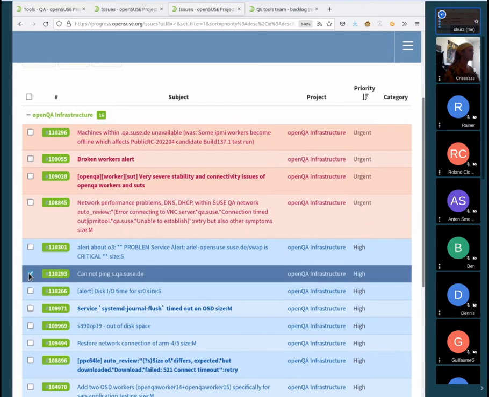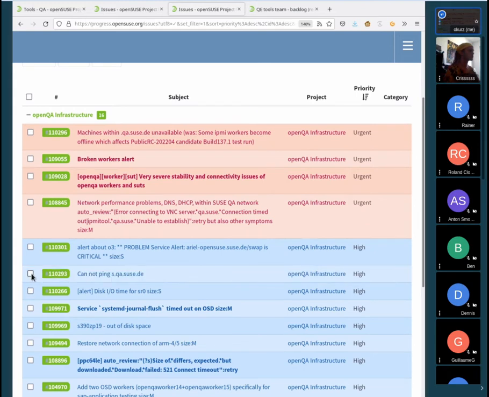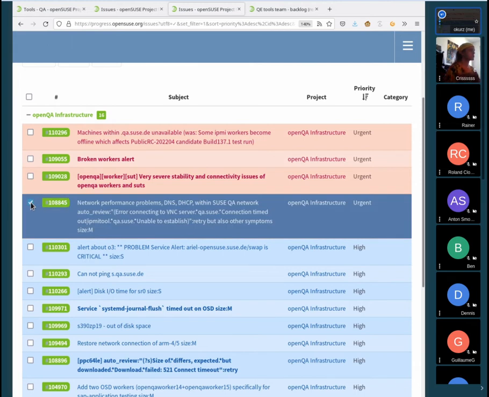Also related to that is that we couldn't ping another machine, so this was a sub-ticket. We also had a bigger problem before that, which I think I mentioned already one month ago: there were multiple machines that had a connection, but a really flaky, unreliable connection.